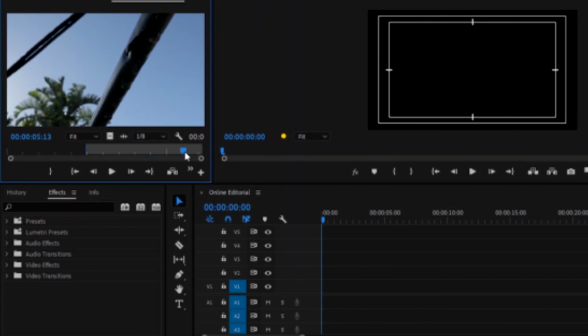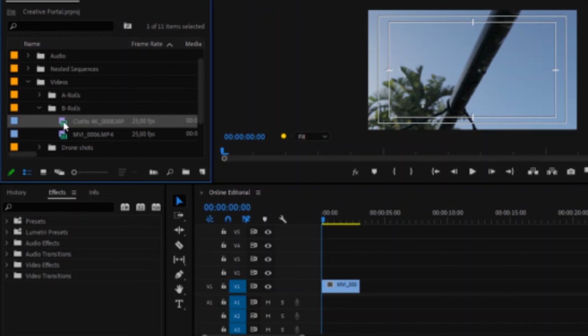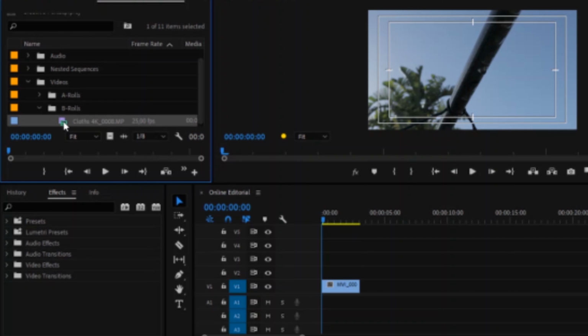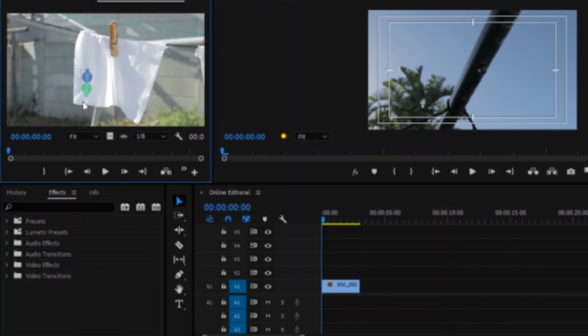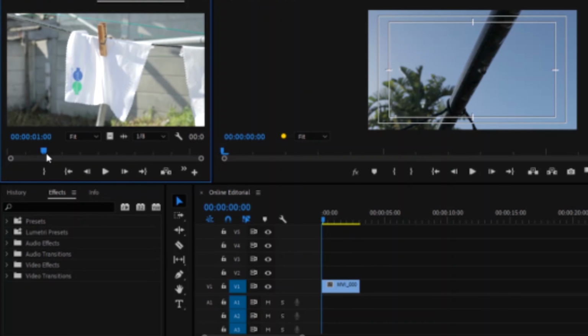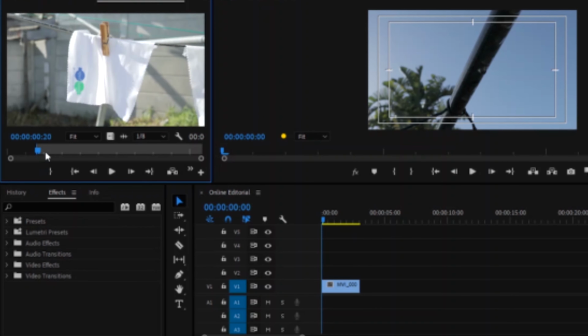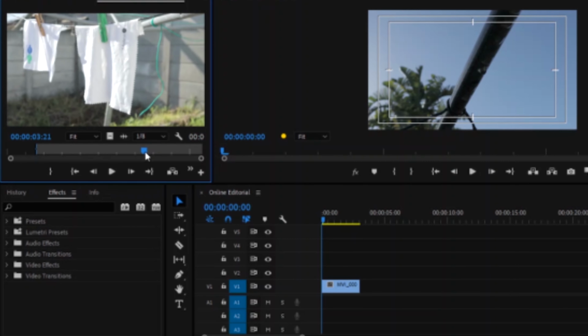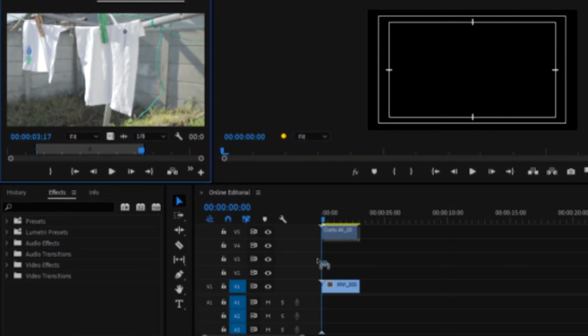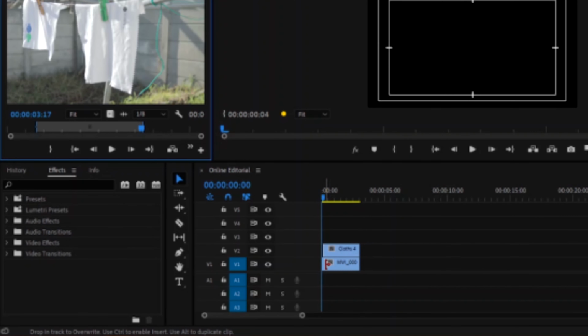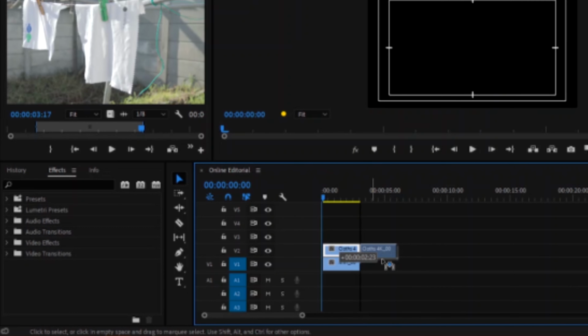Alright, cool. Let's get into this tutorial quick, short and simple. So first thing we need to do is ensure that we scrub through our clip and cut in the ins and outs, then select each and every clip and bring it onto our timeline. What do you do to do that? You just select the point where you want the in to be by pressing Control I, then where you want the clip to end, you just press Control O. Then you can simply drag that clip onto your timeline.